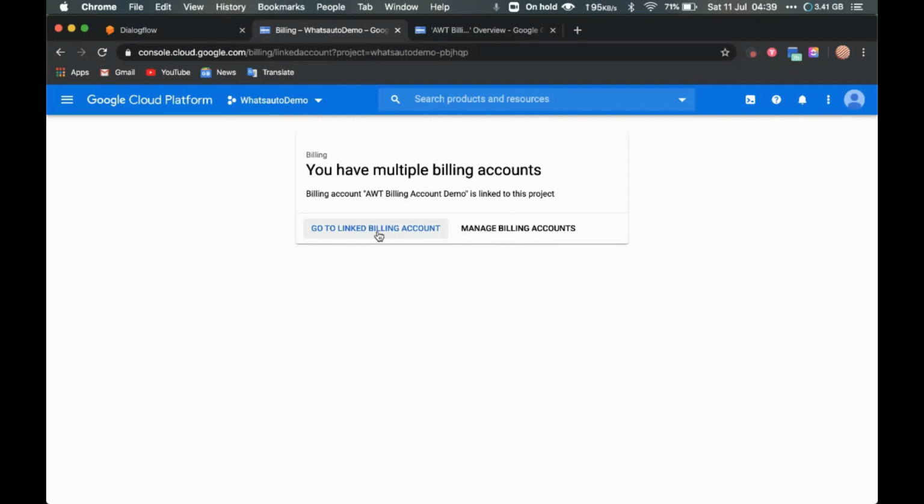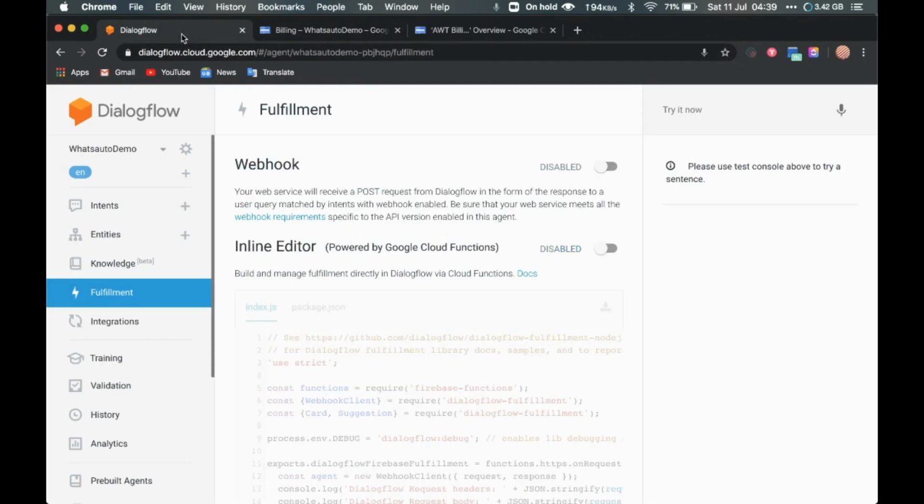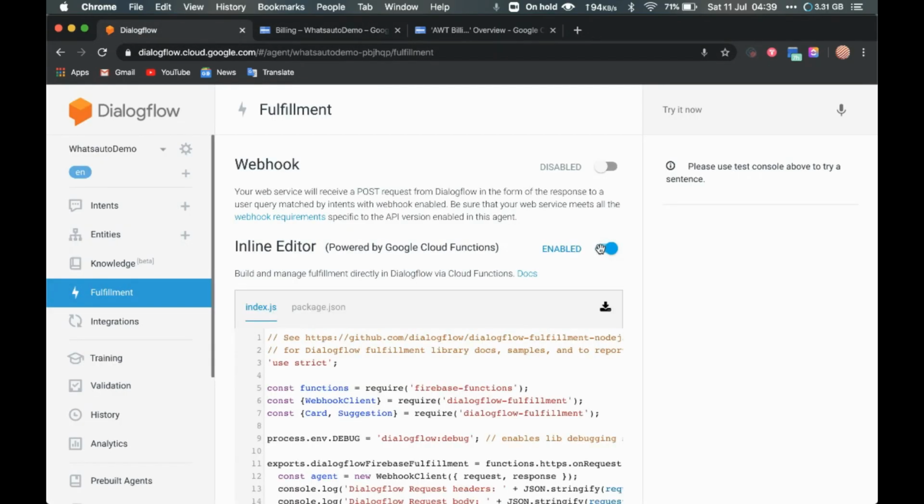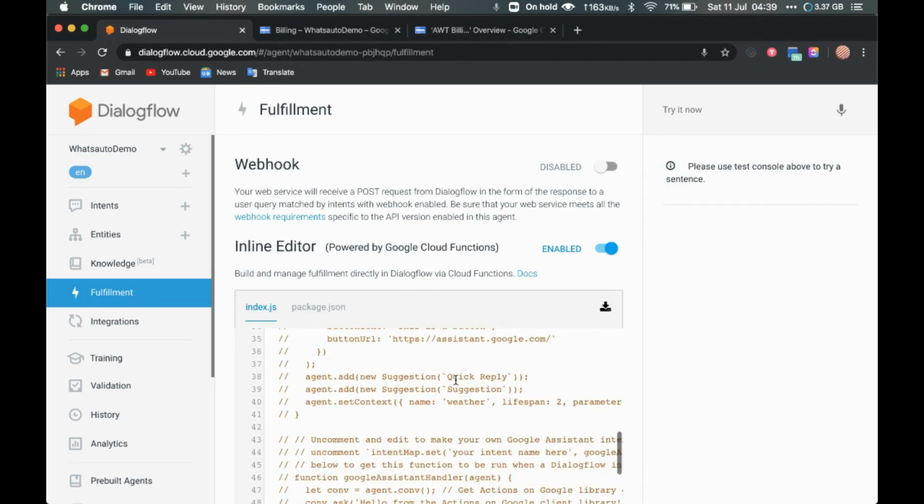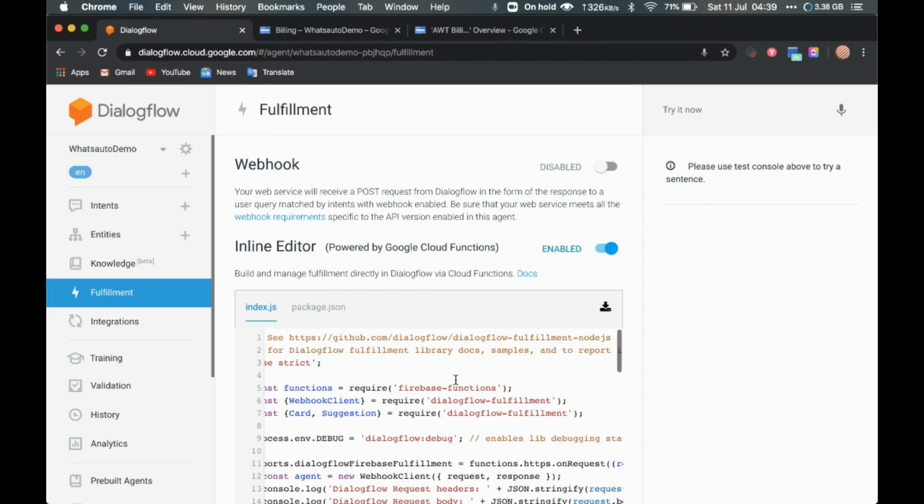And that's it. Now if you go to Dialogflow, you should see your inline editor enabled and you will be able to code here. So that's it about billing accounts.